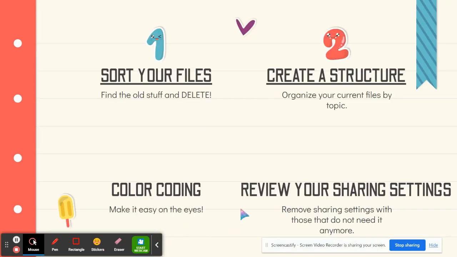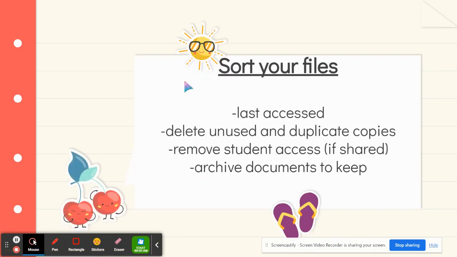One thing that you should consider doing is sorting your files. So let's talk about that. When you sort your files, you want to look at the files that you have last accessed. Are they recent? Have you used them? What haven't you used in a long time? Delete the unused or duplicate copies and remove student access if you have shared any student access to